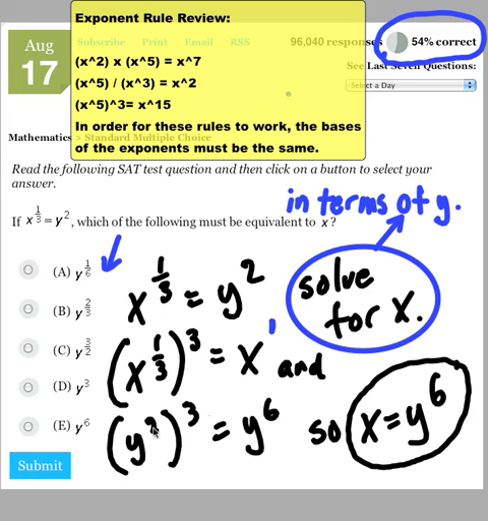And now I have to go ahead and take the right side of the equation to the 3rd power. So y squared cubed, or y squared to the 3rd, is the same as y to the 2 times 3. 2 times 3 is 6. So x is equal to y to the 6th. And that is answer choice